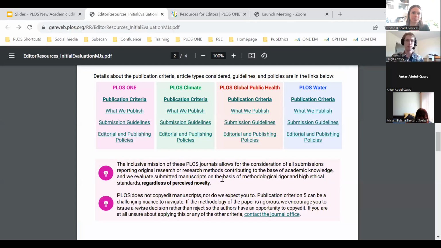We expect papers to not be derivative or to replicate previous work without clear scientific justification to do so. So if you receive a paper and you think it's methodologically sound, there are no concerns regarding publication ethics or research ethics, and it meets all of our criteria, then great.